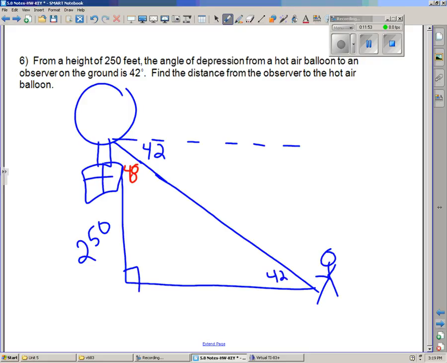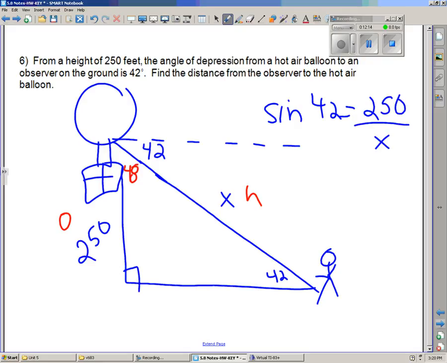But you've got to show that depression angle. So find the distance from the observer to the hot air balloon. That's going to be this guy right here. I'm only going to give you one setup at this point, and I'm going to do it using the 42 with my O and my H. So we're going to say that sine 42 equals 250 over x. Cross multiply and solve, and you get